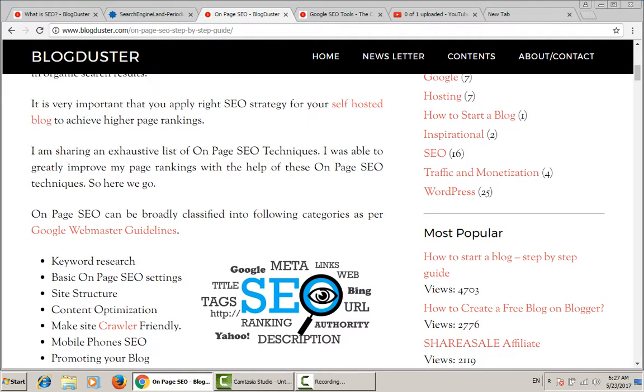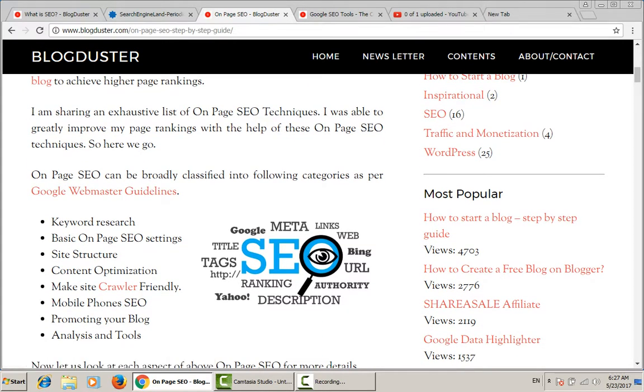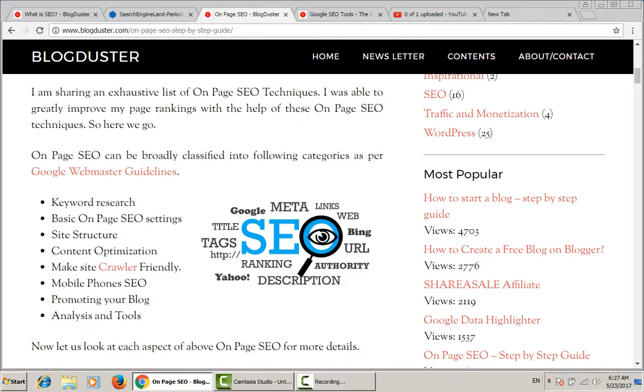So going down, Google Webmaster Guidelines. Just go to this URL, and it talks more about on-page SEO. Some of the things we have captured from the Google Webmaster Guidelines to help you understand more. On-page SEO can be broadly classified into the following heads: keyword research, basic on-page SEO settings, what type of site structure you should have, content optimization,